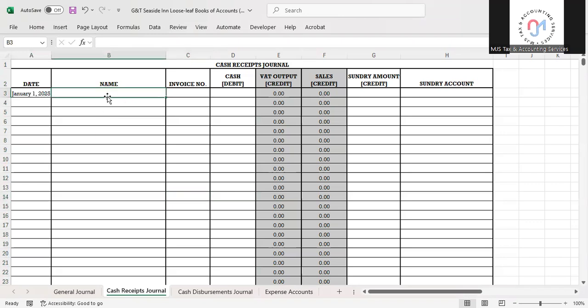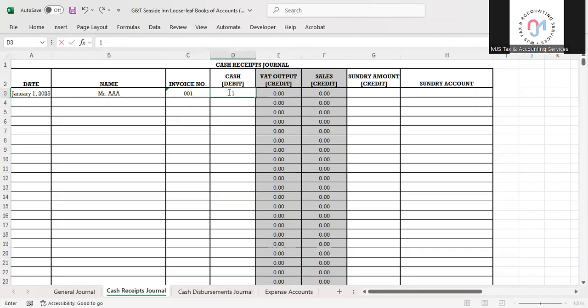Okay, and then the name of the client or the name of the customer. So let's just say Mr. AAA. And then the invoice number, you have to look at your physical invoice, sales invoice, or service invoice number, as the case may be. So let's just assume that it's for invoice number 001, right?